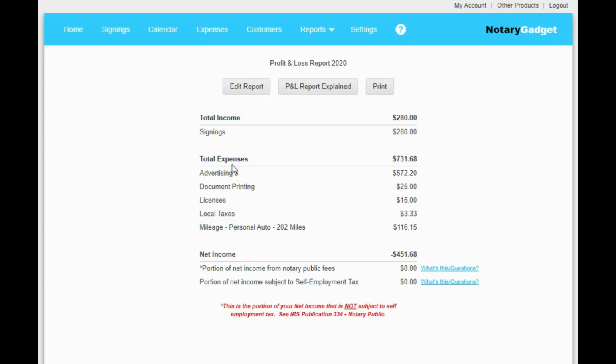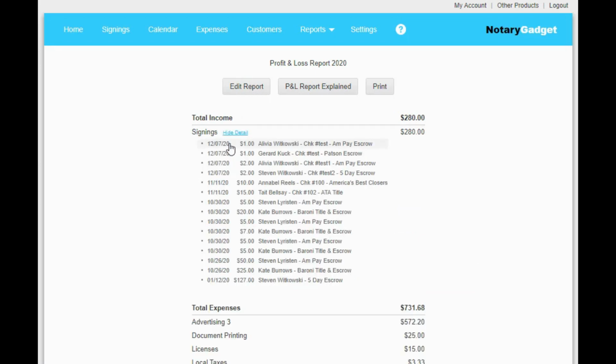So the first thing to understand is that your income on the profit and loss report is always reported when you actually receive your income. It's not when you complete the signing. So for example, if you do a signing on December 27th and then you don't get paid till January 15th, that income is not going to get reported until the next year